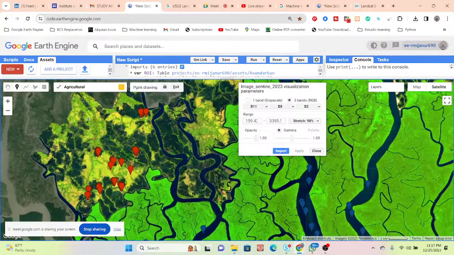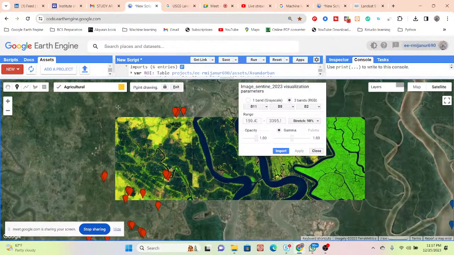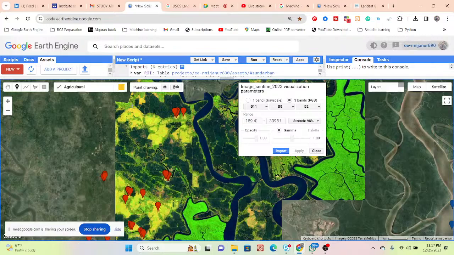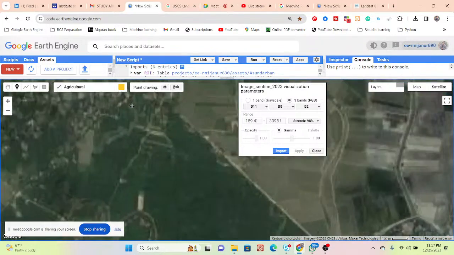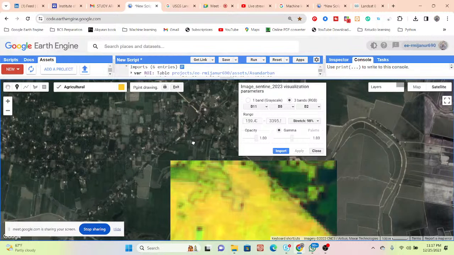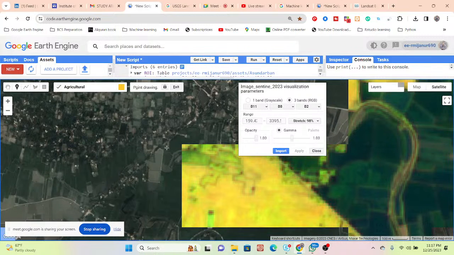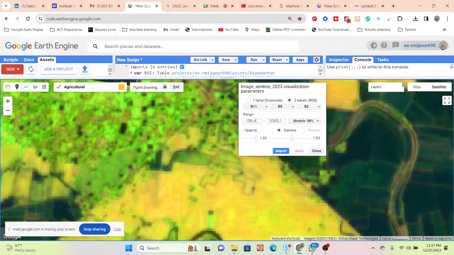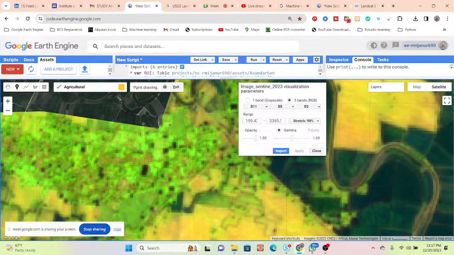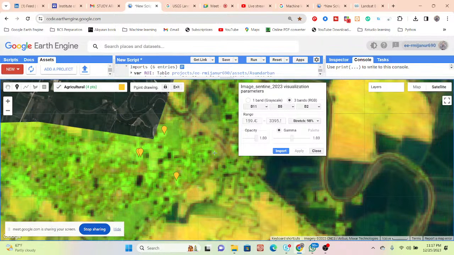So mainly we find the agricultural land in this type of region. And you can see the agricultural land from here. This type of light green pixel identifies the agricultural land.